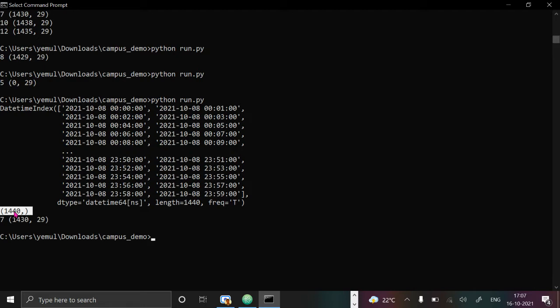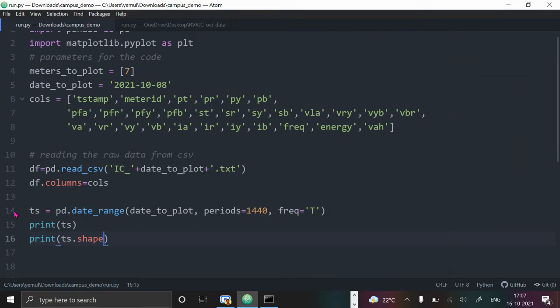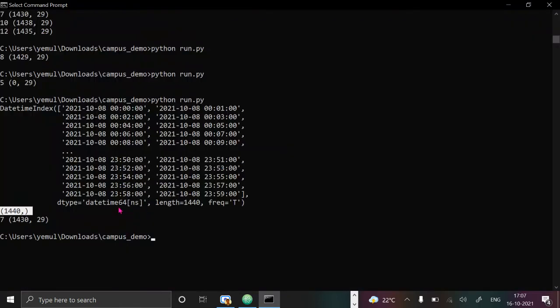So here is where resampling will come into the picture. In order to do resampling, a little bit of process is there. Let me now continue that. I hope you are following this. So now you understand what this TS is, right? It is basically a data type of DatetimeIndex. The DatetimeIndex is, in other words, called a time series in pandas. It has to be converted into a data frame. So that is what I'm going to do now.